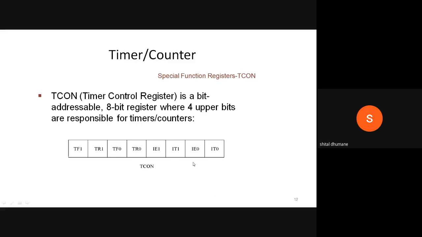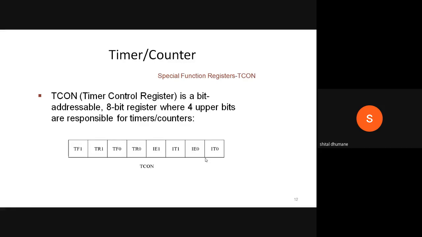The remaining 4 bits we will discuss when we go to the interrupt part, because right now you cannot easily understand them. Only remember that the upper 4 bits are for timers and counters, and the lower 4 are for the interrupts.